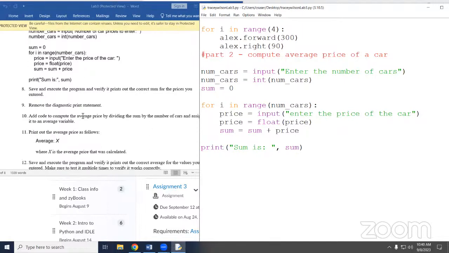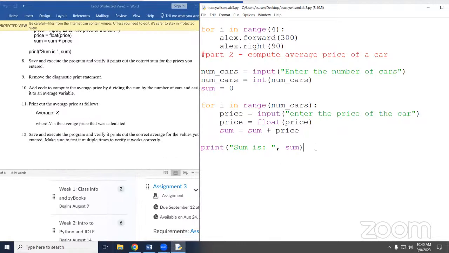All right, so we have the sum. So now we want to get the average. And the average is equal to the sum divided by the num cars, right?